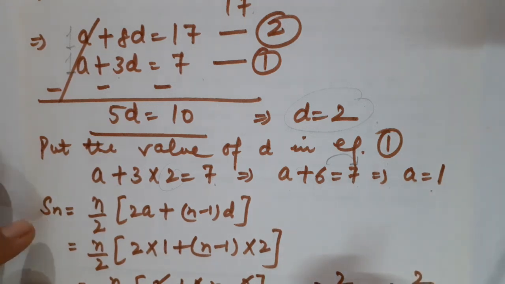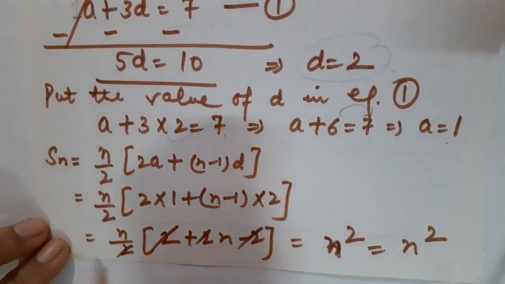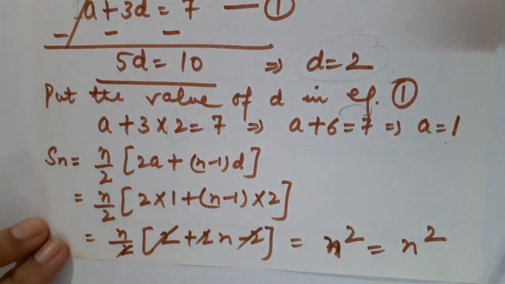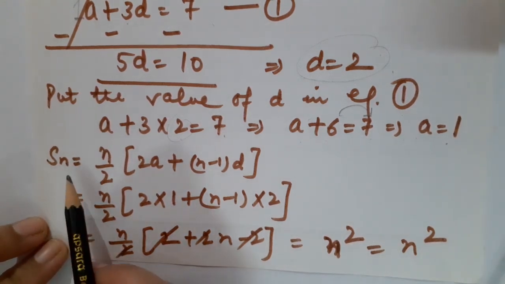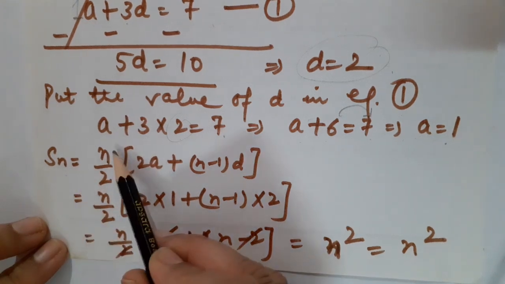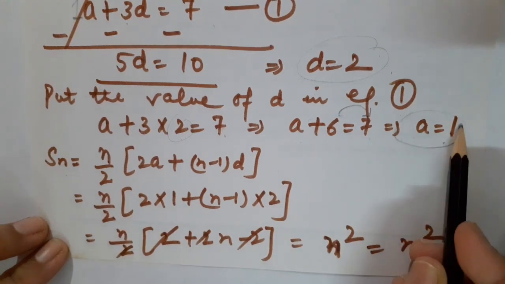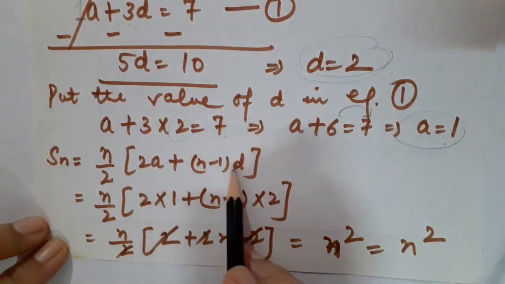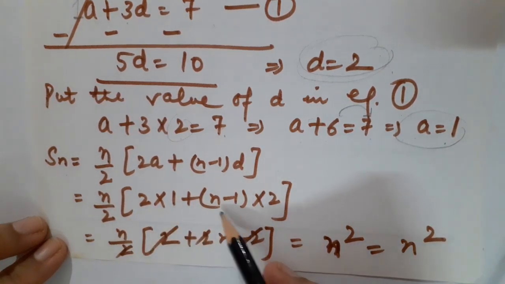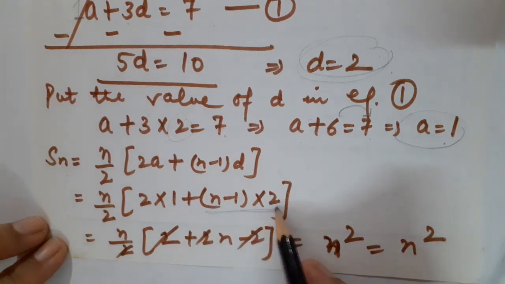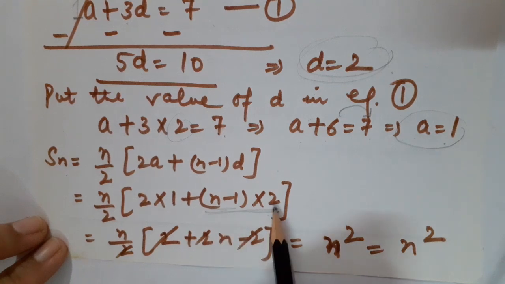What is said in the question is that you have to find out the sum of first n terms of the AP. So when it is said n terms, definitely n will be n only. So the formula of Sn in the form of a and d is Sn is equal to n by 2 into (2a plus (n minus 1) into d). Insert the value of a and the value of d in this formula. It will be n by 2 into (1 plus (n minus 1) into 2). So simplify this bracket. It would become 2n minus 2 after multiplying n minus 1 by 2.